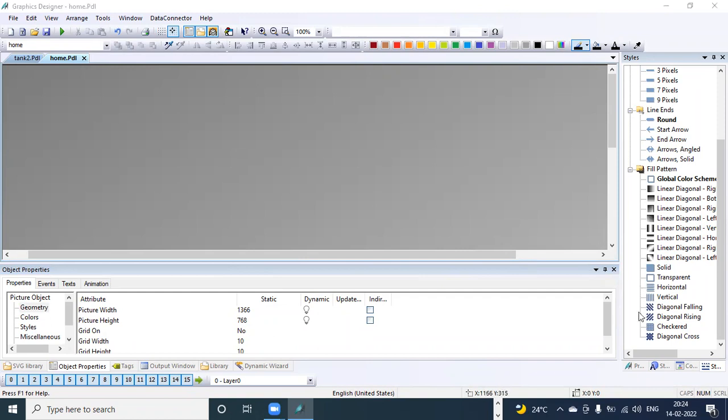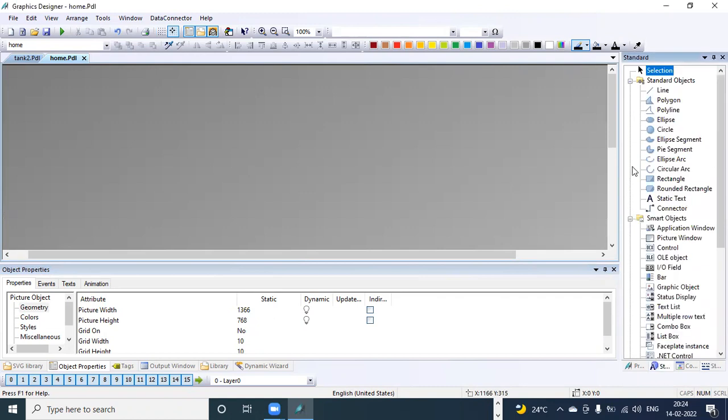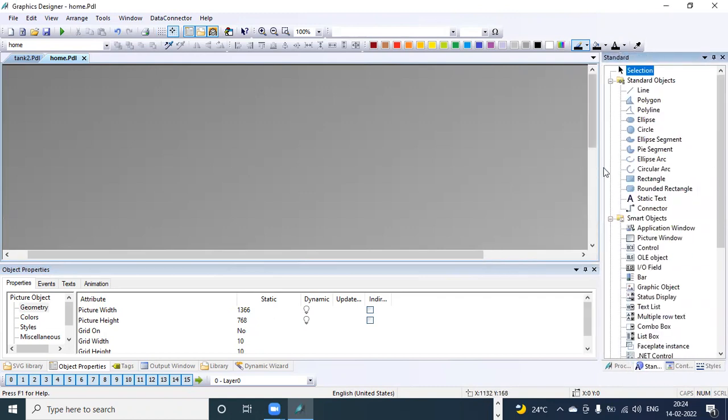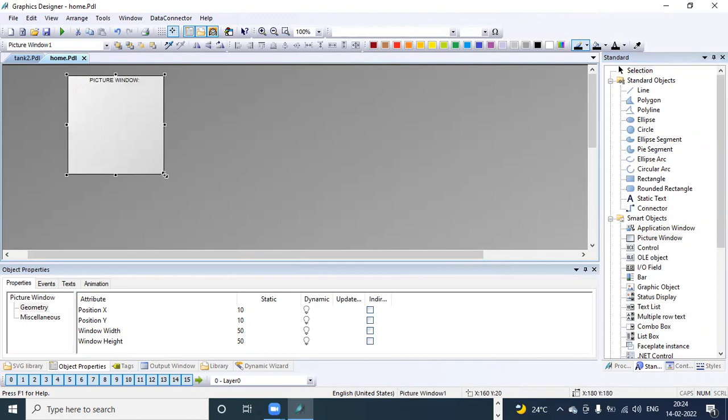Other pictures are for navigation. Now here in standard window, you can see we're having a smart objects folder. In this, I'm having a picture window option. This picture window is used for displaying multiple pictures in a single window. So I can divide screens, different screens, multiple screens in a single window.